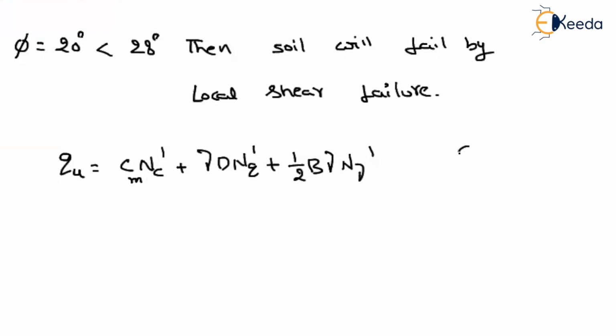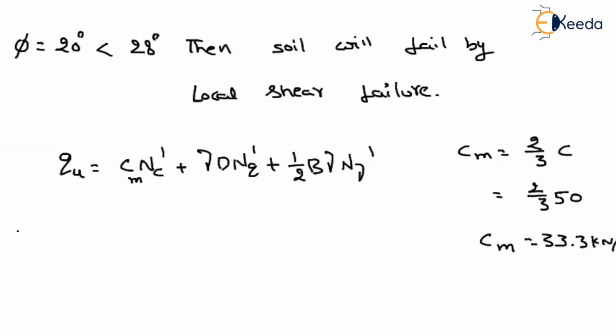So what about the Cm value? Cm value is nothing but 2/3 of the C. What is the C value given in the question? I think it is 50. If you solve this, how much will you get for the modified cohesion? Around 33.3 kilonewton per meter square. Substitute that value here. Qu will be equal to 33.3 into the modified Nc dash value, which is 12, plus the weight density, which is 20,